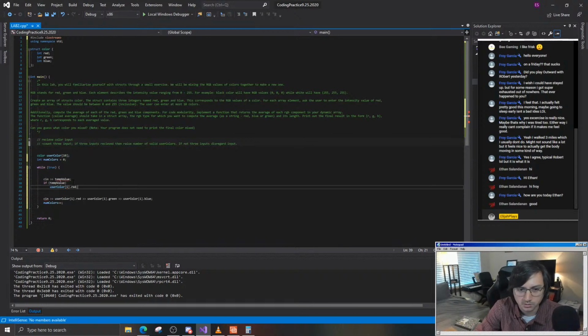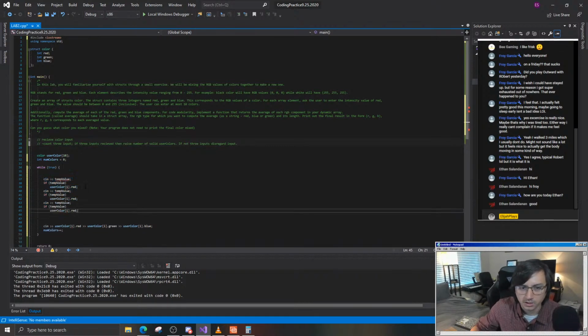Red, close, and then we'll do this entire thing again three times for each different one. Green, and blue. And then colors goes up and get goes up. Then